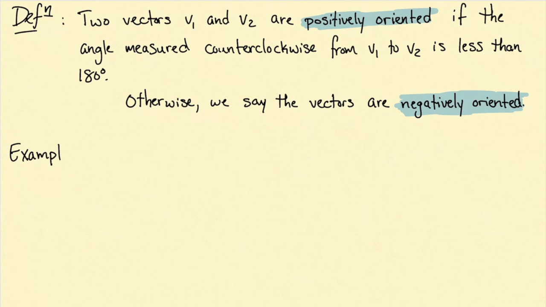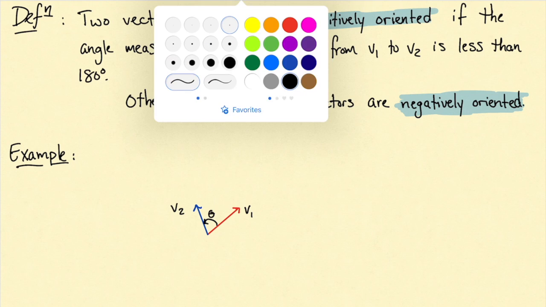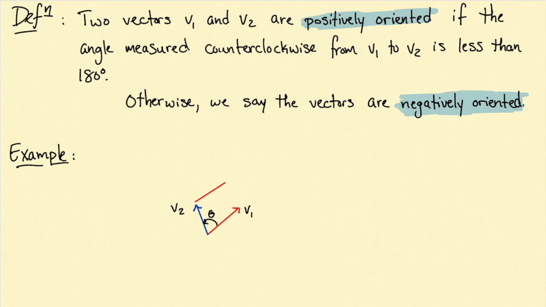So here's an example. We have two vectors, v1 and v2. We can see here that the angle measured from the vector v1 to the vector v2 is definitely less than 180 degrees. So these two vectors are positively oriented, and we can think about the parallelogram that they form. And so we can say that this parallelogram is a positively oriented parallelogram because it is constructed from positively oriented